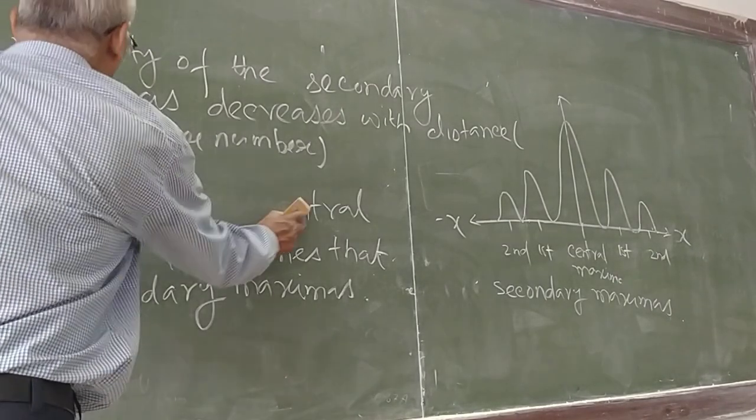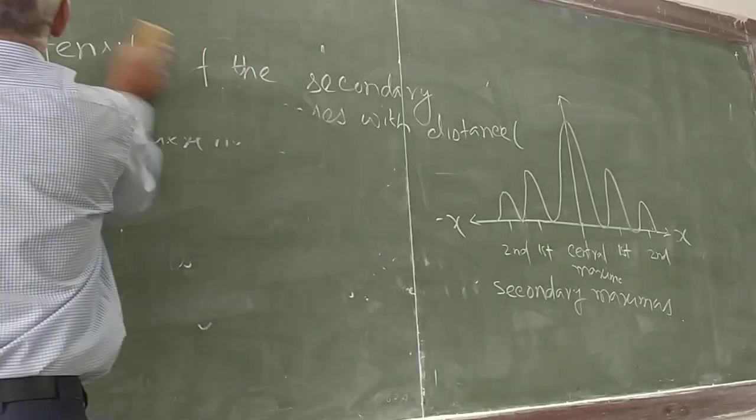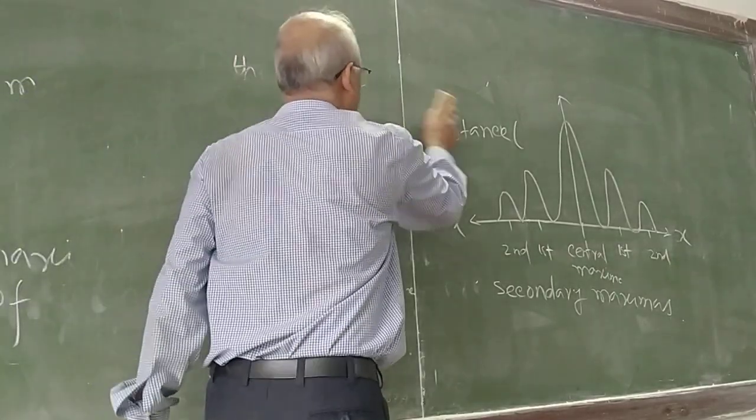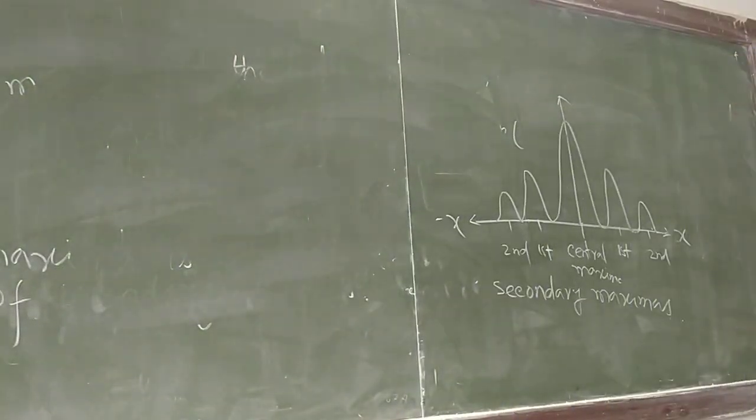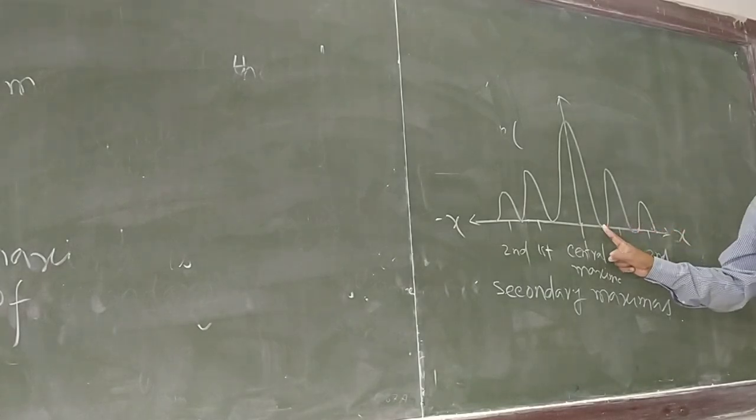Now, what is the theory? So this is the basic phenomenon. As I have told you, you have to know the phenomenon, what is happening. Then one formula will be given. Derivation is not in your syllabus. From that formula, you have to derive something. Right?